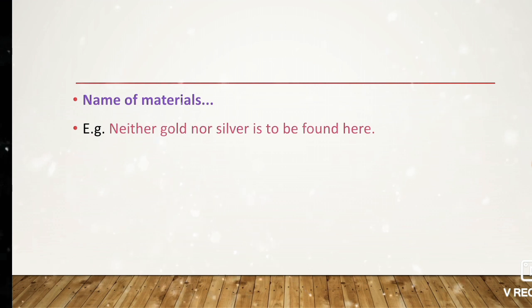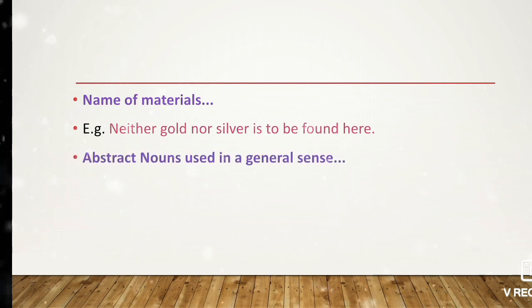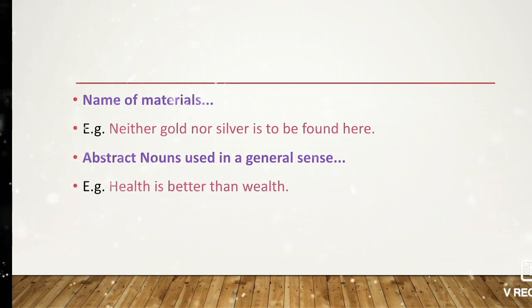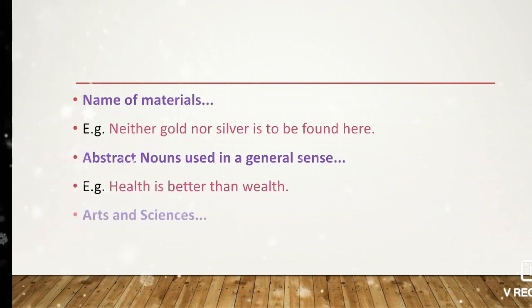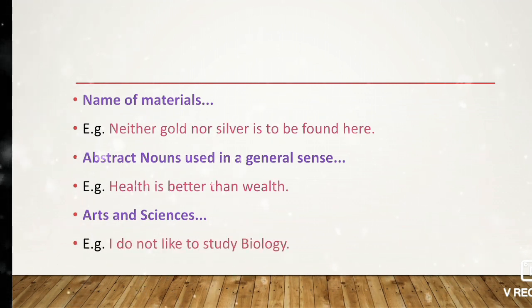For example, neither gold nor silver is to be found here. When you use material names, you do not use the article the before them. Abstract nouns used in a general sense. For example, health is better than wealth. Then arts and sciences. For example, I do not like to study biology, means